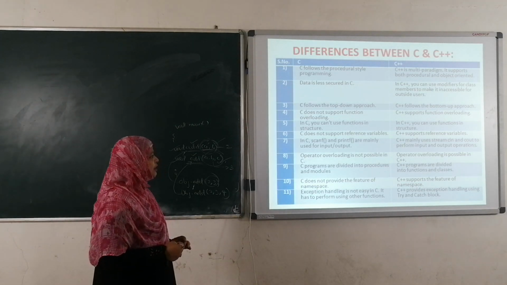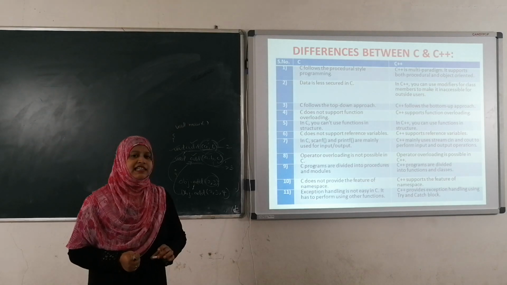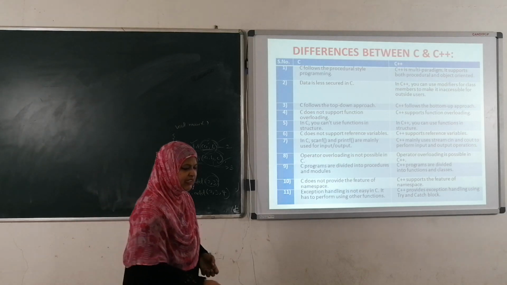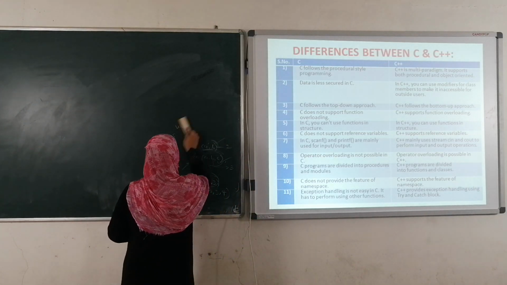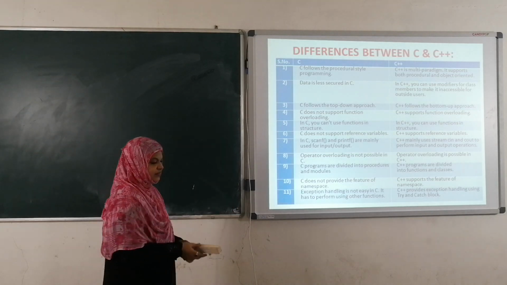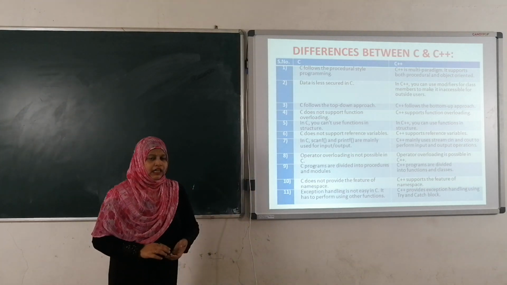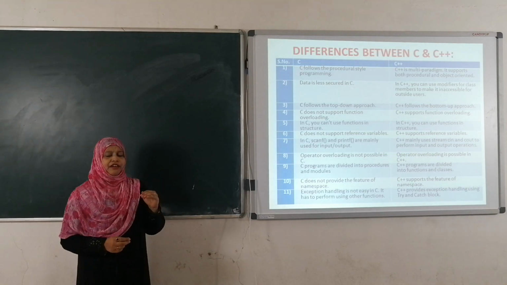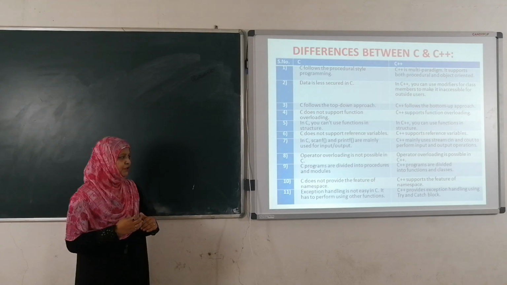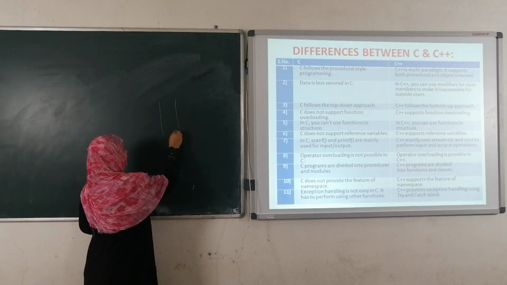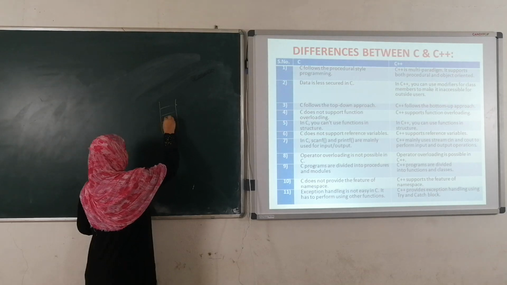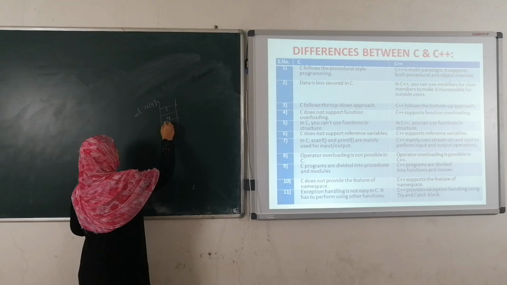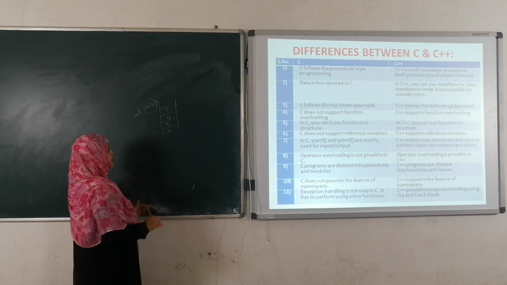Next one is, in C you can't use functions in a structure, whereas in C++ you can use functions in structures. Here, what do you mean by structure? Let me recall. In the last class I explained what a variable is and what an array is. In an array we allocate memory and store the elements in sequential order, 2 3 4 5. int a[4] means all four are integer variables we can store in one memory location.